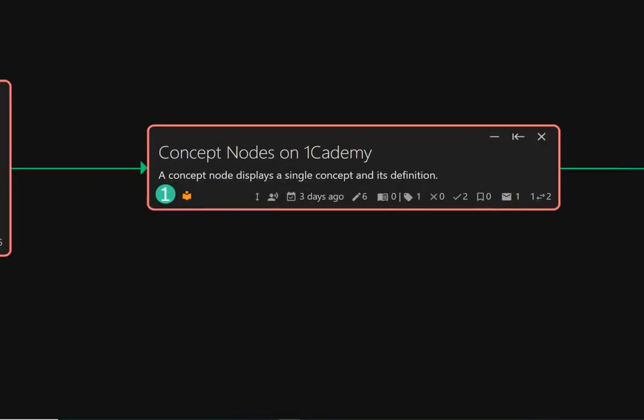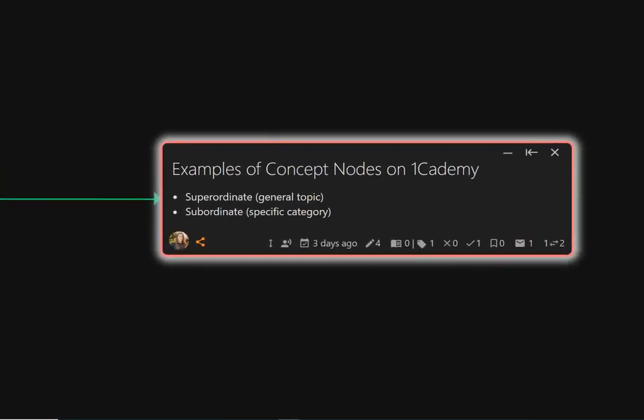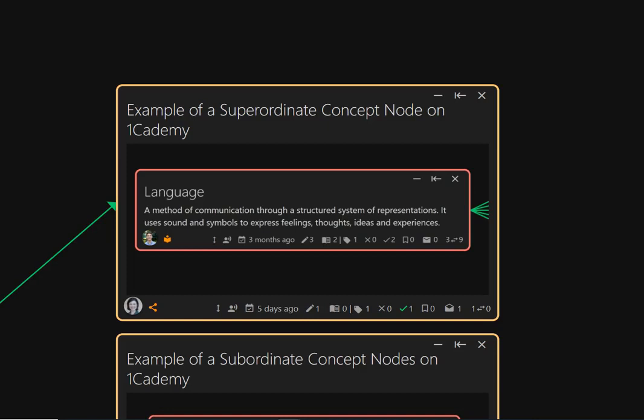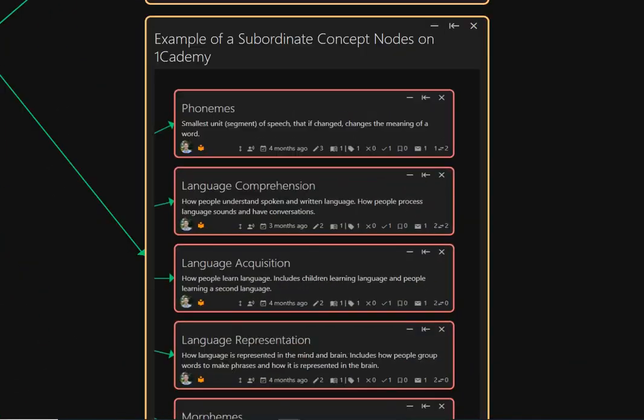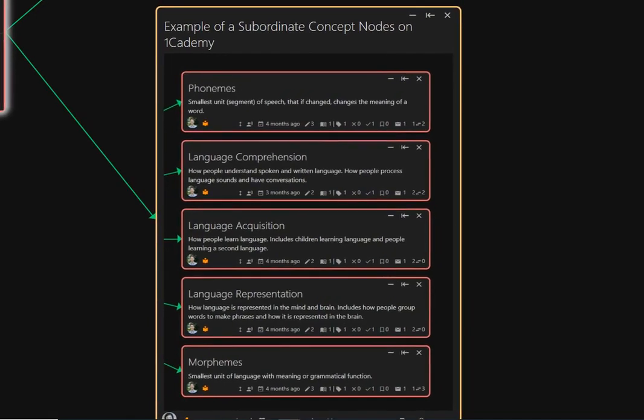There are two different types of concepts that you will find on 1Cademy. Superordinate, which is a general topic, and subordinate, which is a specific category. Language is an example of a superordinate concept, as it is a general topic that includes a lot of other more specific concepts. An example of a subordinate concept includes language comprehension, because it is a subordinate topic within the